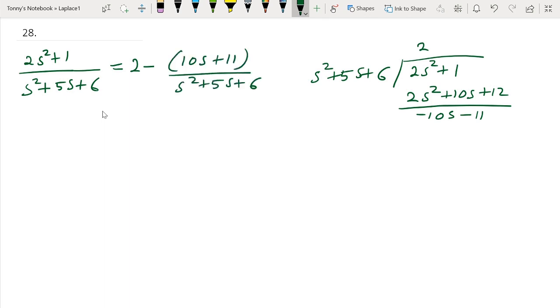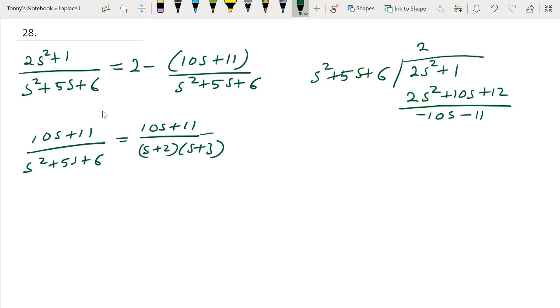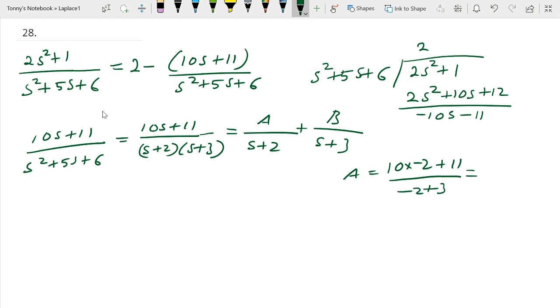Next we consider this portion. Here the denominator is factorizable. This is s plus 2 into s plus 3. Here these are linear factors, so its partial fraction is, then A equal to minus 9 and B equal to, so this is equal to,